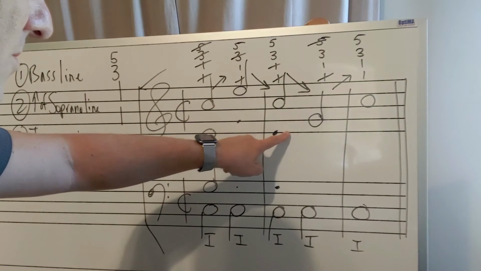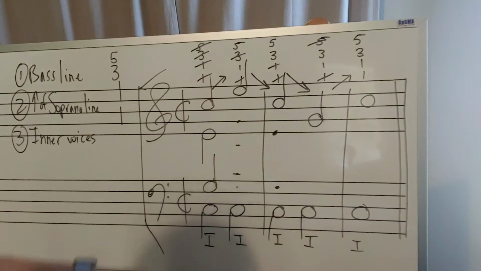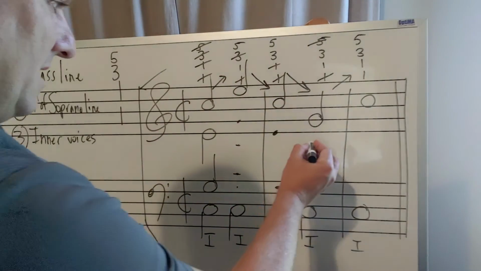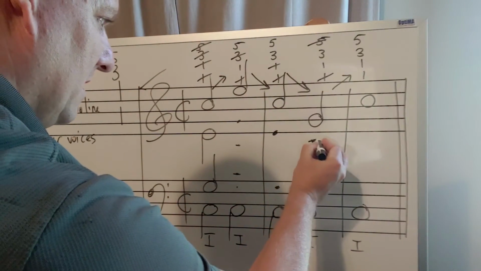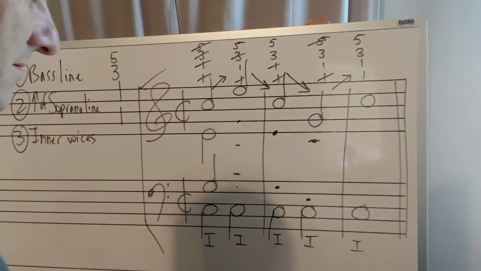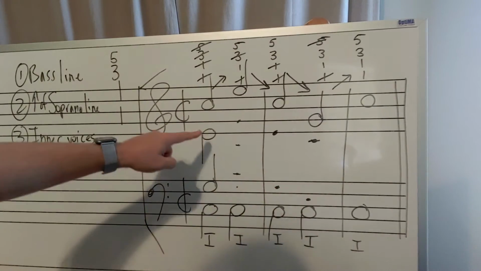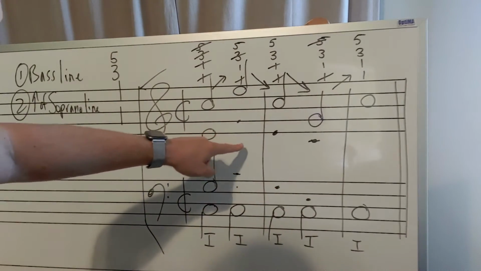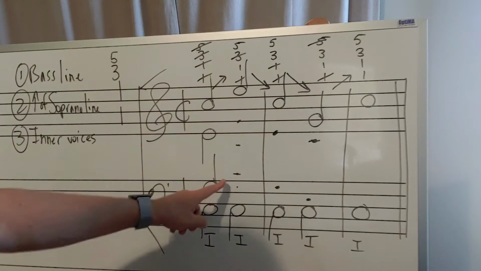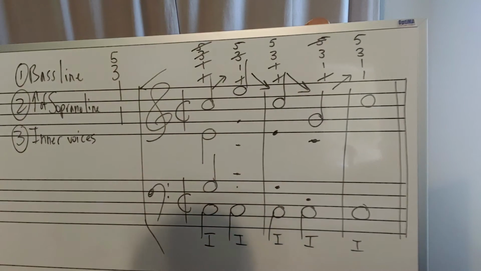So what's most likely? Well, I'm thinking because of this downward motion, it is very possible that we're down a third here and down a third here, right? So looking at this is pretty easy. That way we're going down a third, right? There's nothing too drastic. This one's up a fourth, okay, but there's nothing too drastic. And then the final chord,